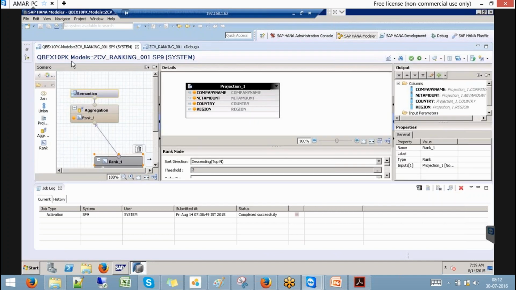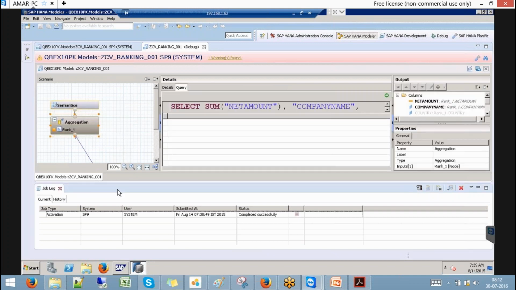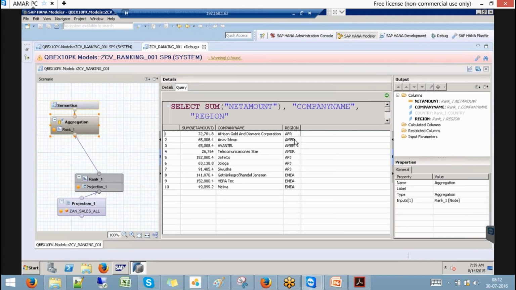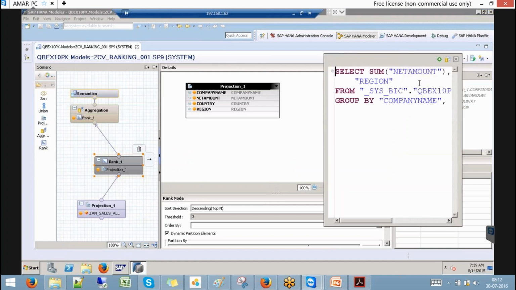So you'll have design time view. This is runtime view and the debugging. I can see what node, what value is coming at each node. So now look at this. For AMER, you get to see 3. For Asia Pacific, you get to see 3. For example, if I run this query view with country,